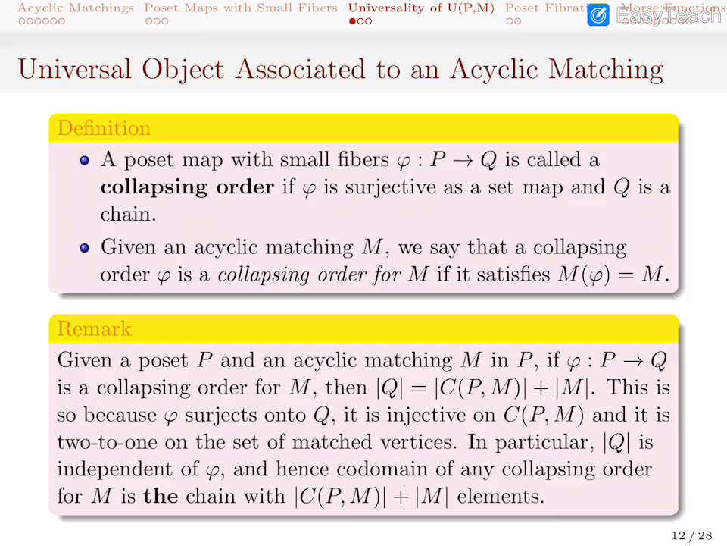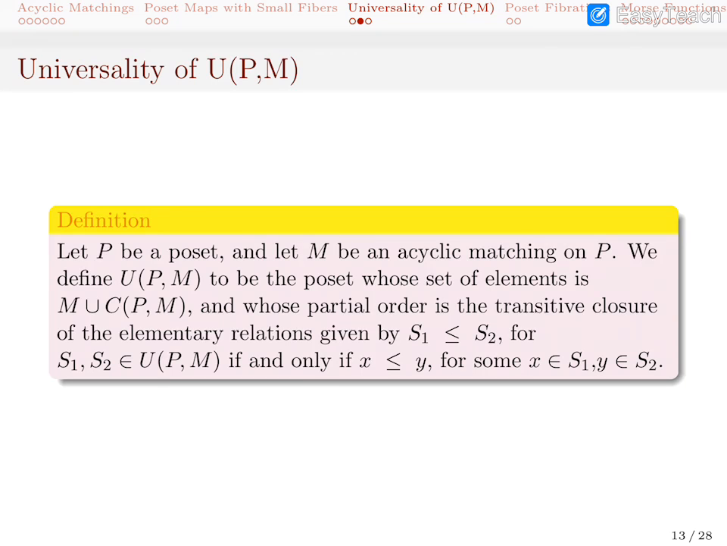So that's really nice, and from here one can expect that a poset with this many elements should have some universal property, and that is indeed the case. So first we define a poset with that many elements. So P is a poset and M is any acyclic matching on P. We define U(P,M) to be the poset whose set of elements is M union C(P,M), and whose partial order is